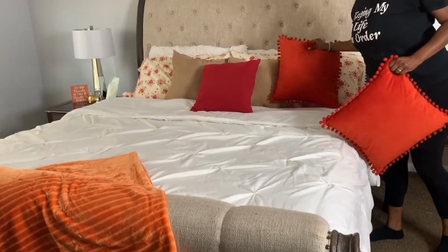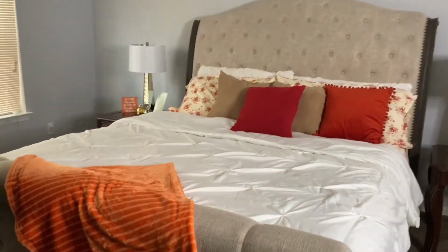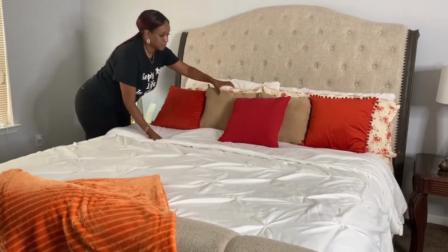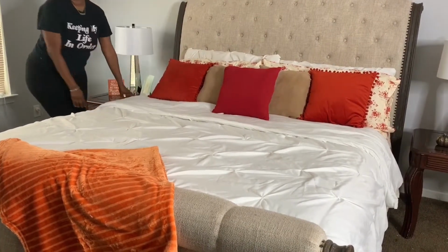Okay, you guys, I can admit to something. Going out and shopping for pillows, comforters, and throws and stuff, I've just been saving myself the headache because I can't find anything in the stores, so I've been ordering a lot of stuff online. So the pillows that you see here, I actually ordered a lot of this stuff from